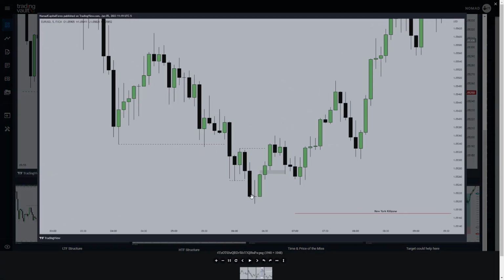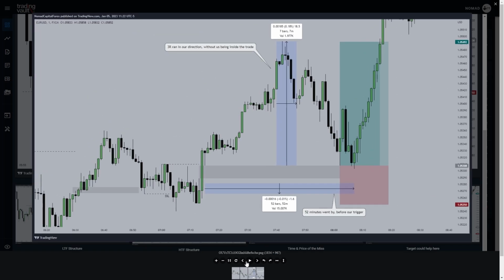So let's look at the higher chart first. A tiny round of buys and sells liquidity, which we also have to the left. A clear string high being broken, which causes the market shift. A fair value gap, price traces back into it, and that's when we jump onto the 1 minute time frame